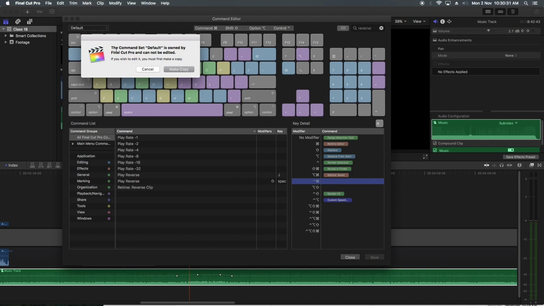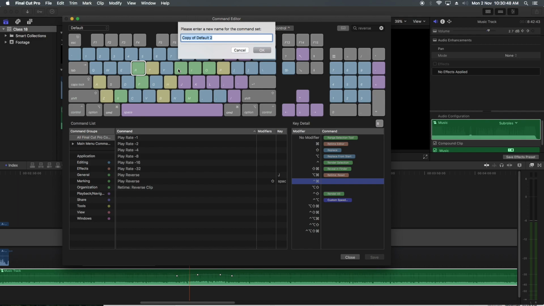So I will drag this to Control and Command. What is it showing? It shows the command set default is owned by Final Cut Pro and cannot be edited. It means it's not forcing you to change the commands of Final Cut Pro. It's showing you to make a copy, and then you can change the commands. Let's make a copy, and now you can give it a name as per your desire.